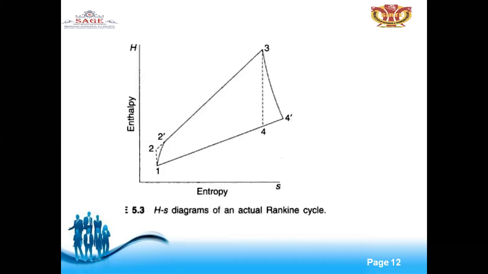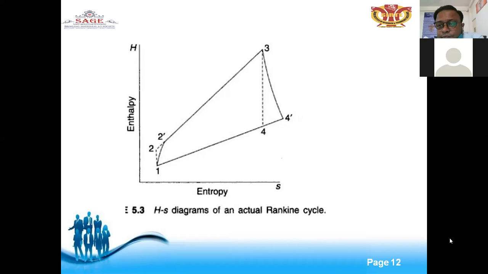This is the HS diagram of the actual Rankine cycle, where the dotted line shows, due to the frictional losses, the actual process of the compressor or the pump. And similarly in the turbine case, 3 to 4 is the actual turbine work, and more work is obtained here in the ideal 3 to 4,